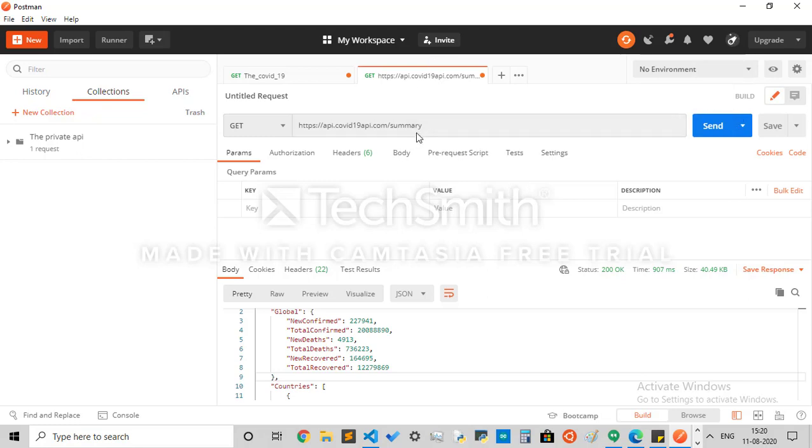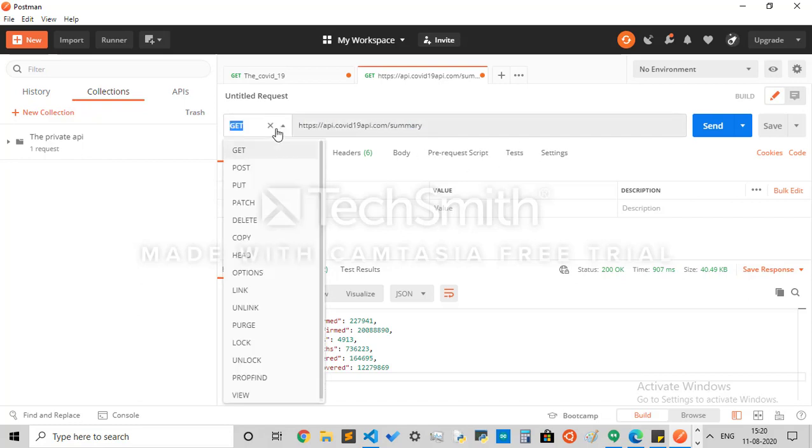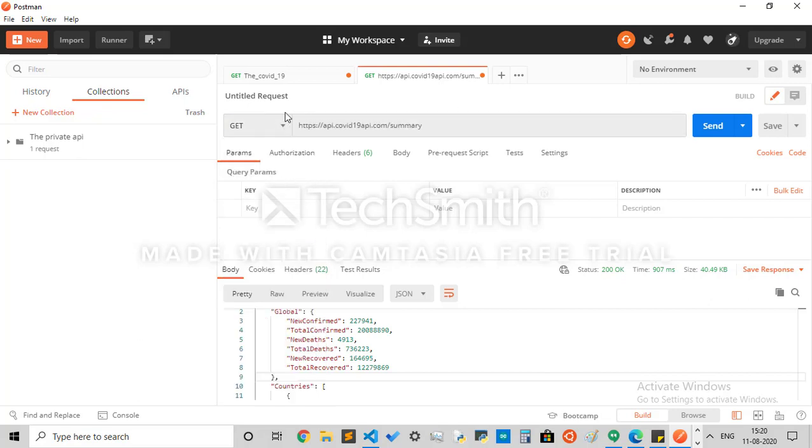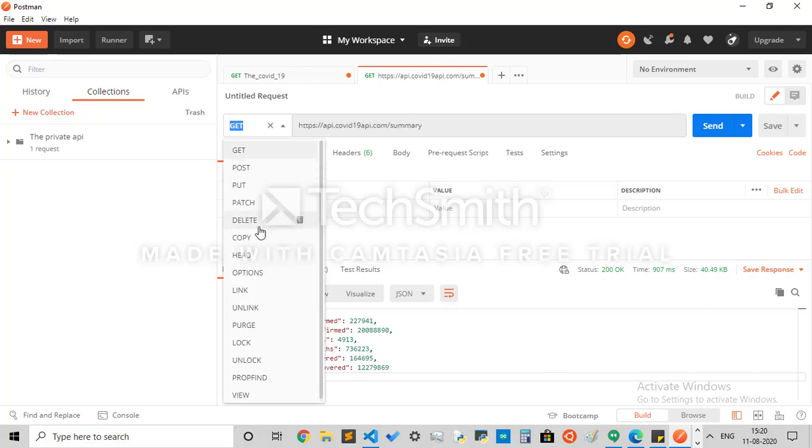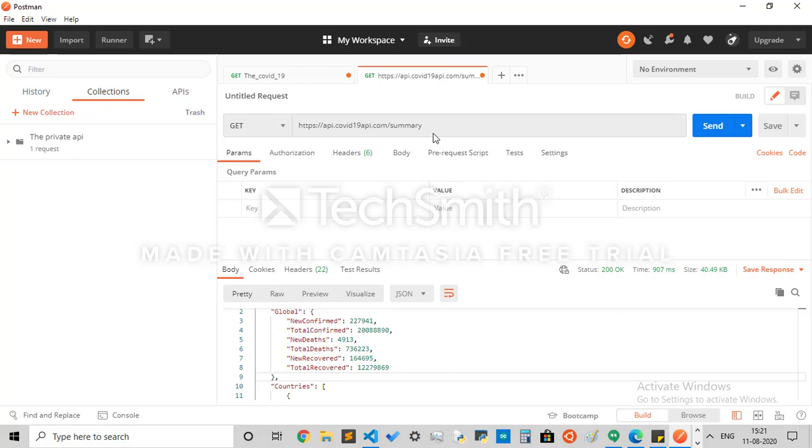So now this is where we will be getting our URL. I've already pasted the URL here, and we can do many options. We can even post a link into this, or we can delete it, or we can copy all the stuff from that. There are many things. We'll be going into this later on. So now what you're going to do is click on send,